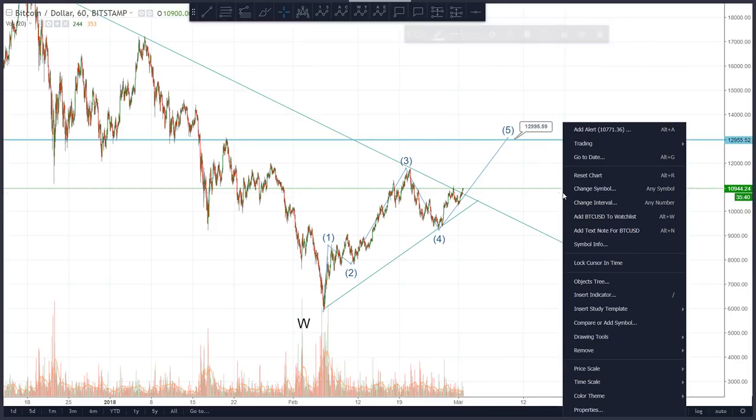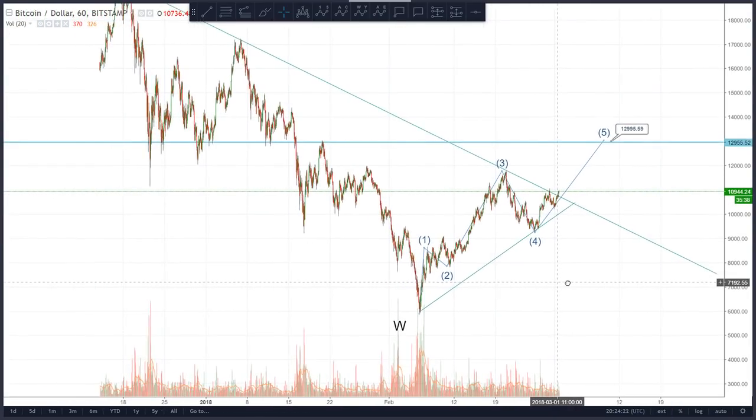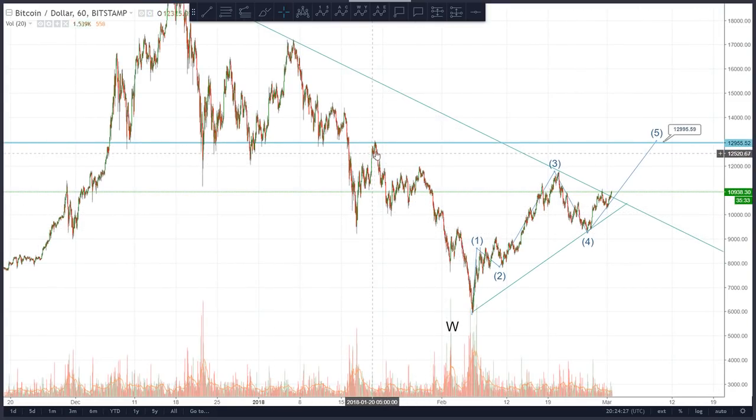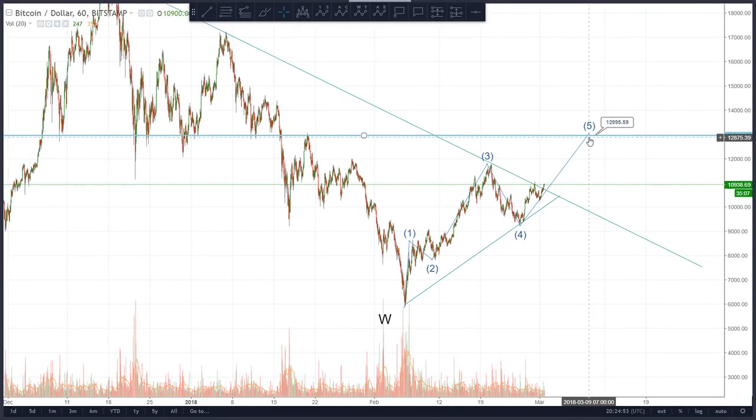Now, it's always worth looking for horizontal support and resistance. Look at this 13,000 mark. It was acting as resistance here. It was support here, support here, support here. It's a very significant price level, this 13,000. It's going to take some force to break it. This is going to spike. And like I mentioned, when you get a spike, it often won't break these resistance lines. It needs to build up behind it. So this is why I can't see a wave 5 breaking beyond this point.